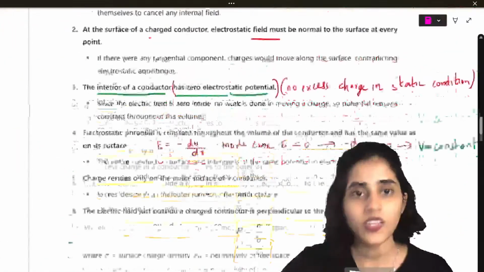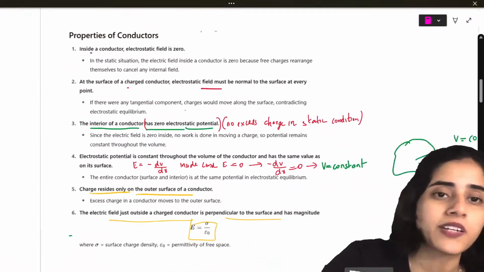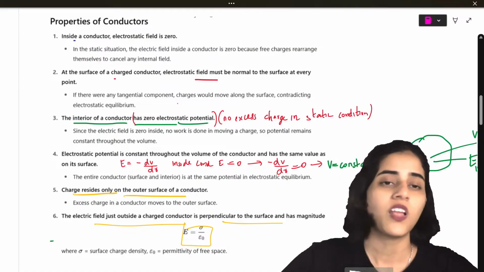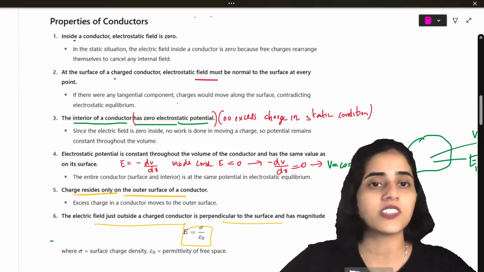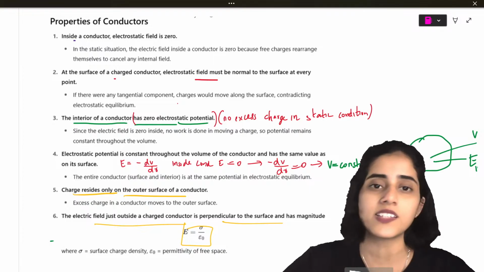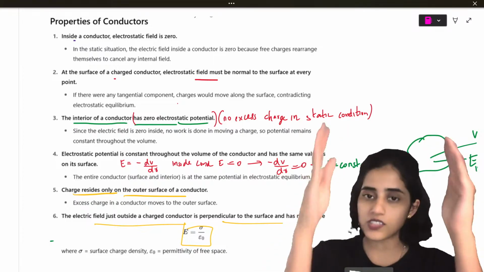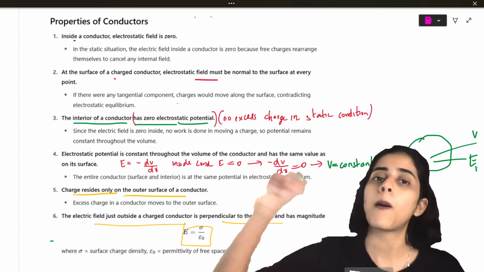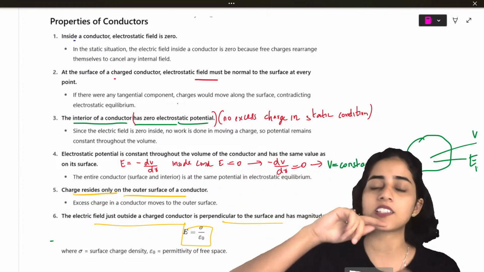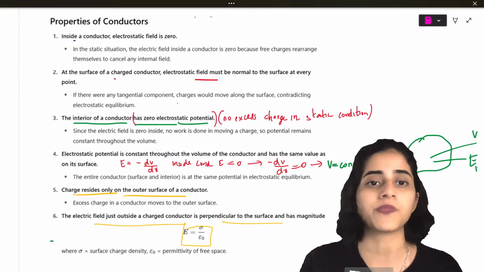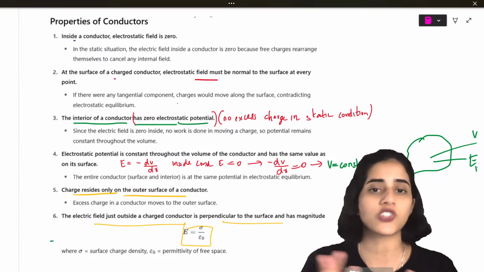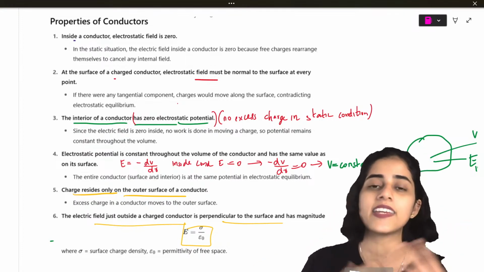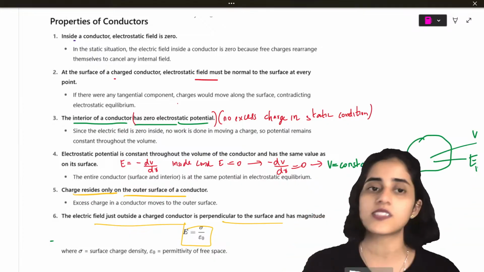Okay? And we also looked at the different properties of conductors. So what are the different properties? Inside the conductor, there are no charges, so the electric field is 0. And on the surface of the conductor, you can see electric field lines are always perpendicular. And inside, since there are no electric fields, the potential is also 0. So it acts like an equipotential surface. There's no potential difference, it's all the same.